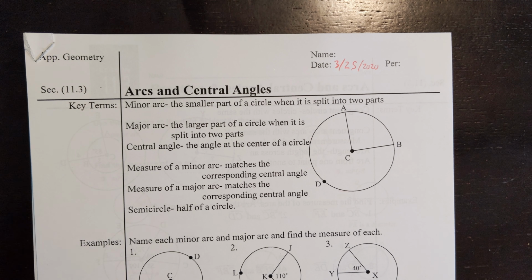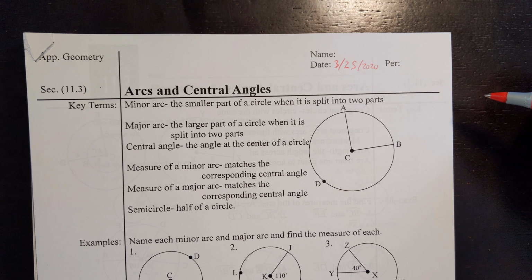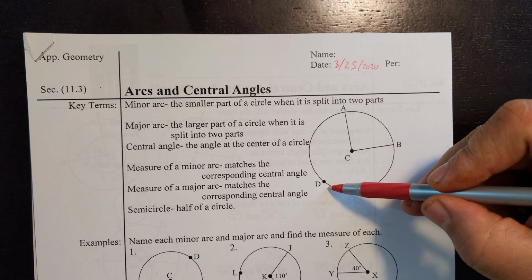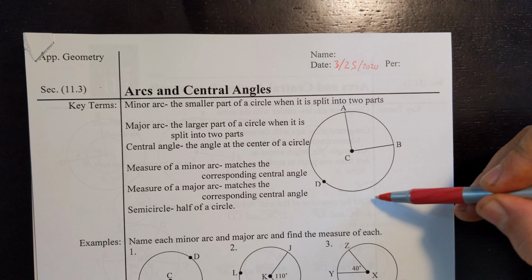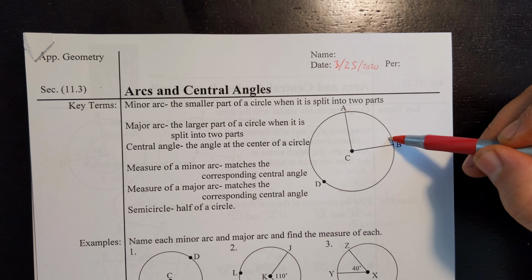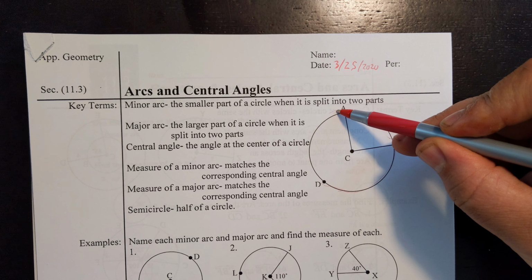Hey, these are notes 11.3 about arcs and central angles. So the vocabulary: a minor arc is going to be the smaller part of a circle when it's split into two parts. So here's a circle, and going all the way around this circle is being split into two parts, because there's the part from A to B, and there's a part from B going through D back to A. So the minor arc